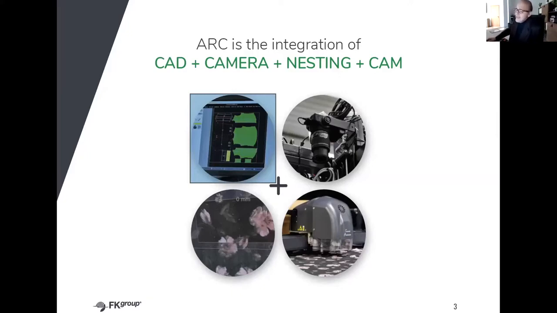For us, it's enough to receive the patterns, the pieces, because inside our software, that works as CAD, it's possible to do any kinds of nesting, standard and even automatic nesting. In a very short time, we will also have automatic nesting.